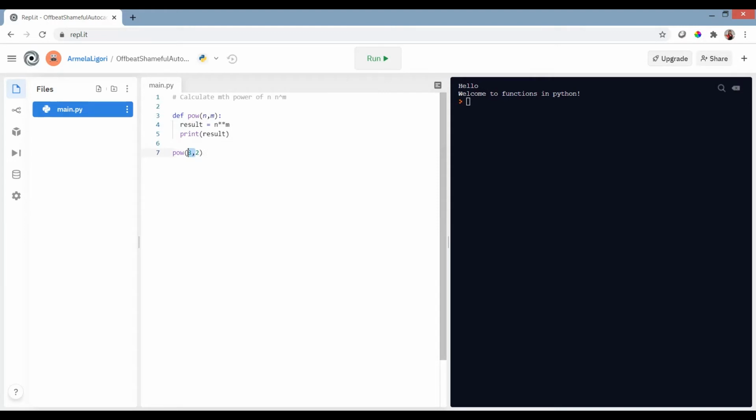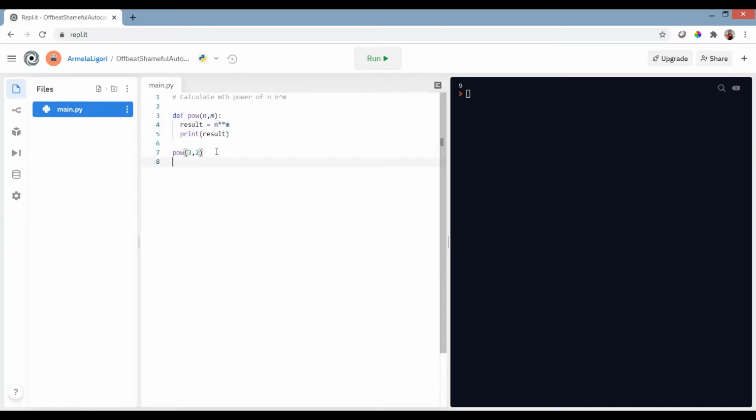And these are the arguments, and each argument corresponds to the parameter in the function definition, okay? Let's run this to see the result, and the result is 9. Why is it 9? Well, because 3 is passed to n, so n will be 3, and m will be 2. And the result will be 3 to the power 2, which is 9,